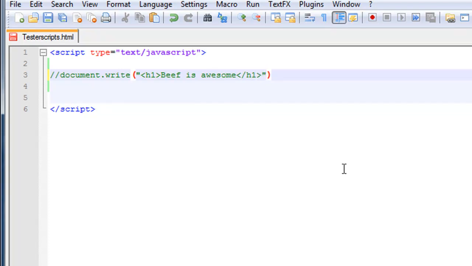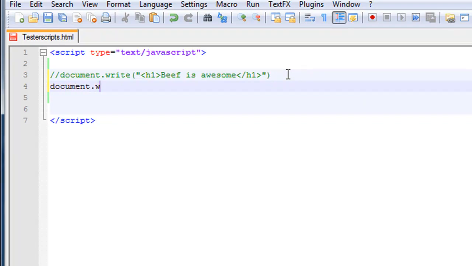Whoop, can't have that. And then let's do a paragraph. So get out of this, and we can do document.write in your parameters, in your quotations, P, and then, I don't know, "I love meat." There we go. And end your paragraph and end your quotations. So what this does is basically it prevents the